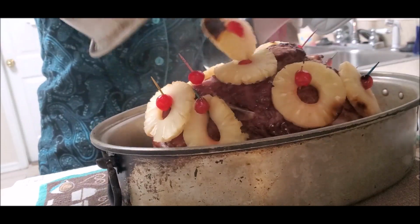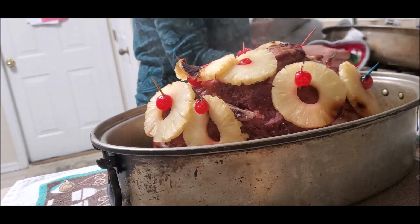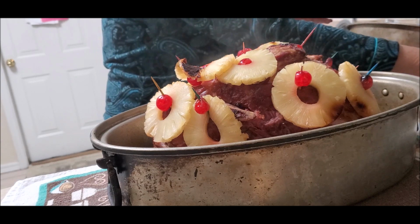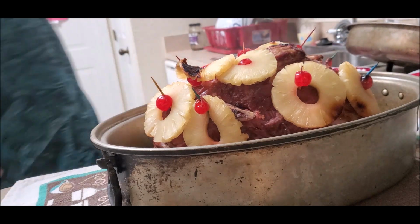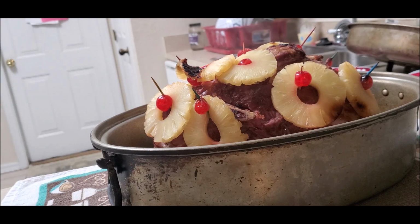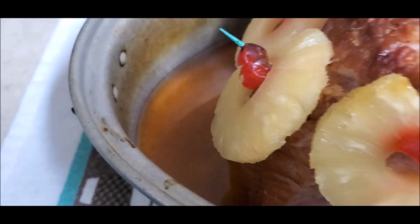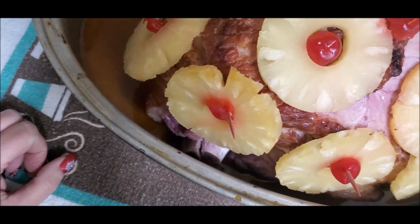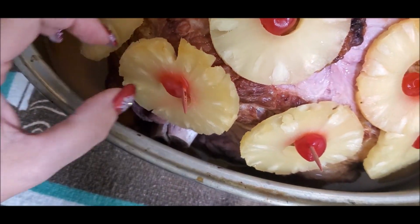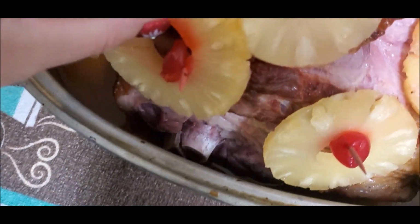Whew. Well, looky there. All right, it's a cooking. It's starting to pull away from the bone. Well, if I can get this thing to, there we go. See, it's starting to pull away from the bone. Maybe we'll try to, there. Move the,